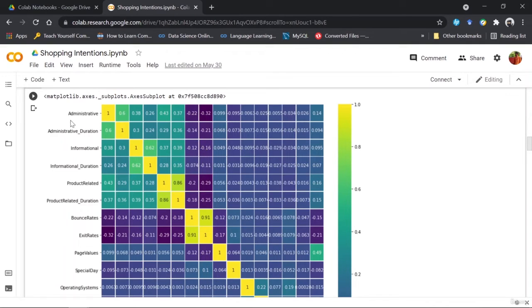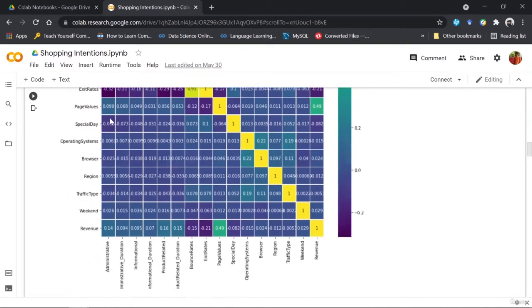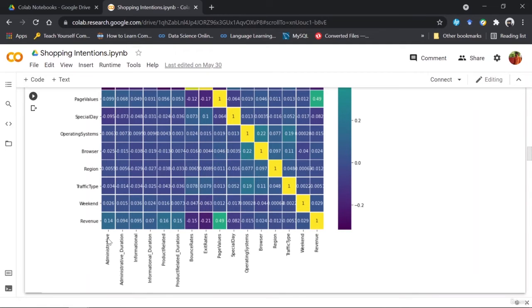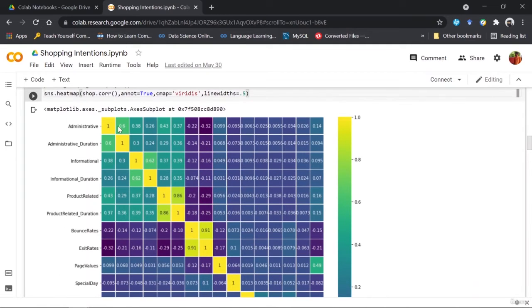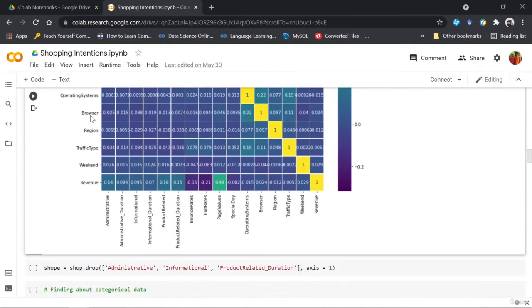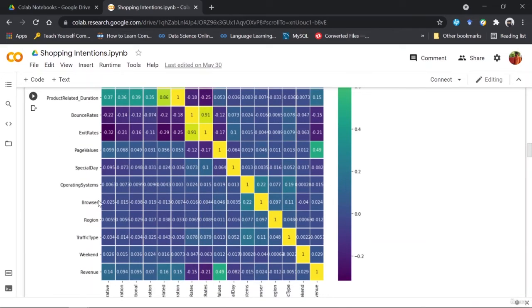Okay, so first we can see that for administrative, there's the value of 1 because it is highly correlated with itself, obviously. And then there's the value of 0.6, 0.38, and so on. Similarly for all the integer or float columns.